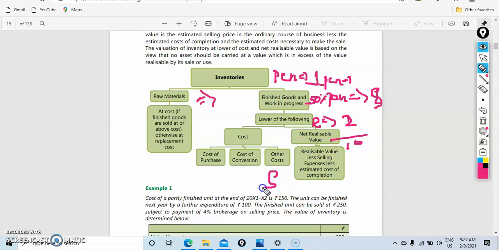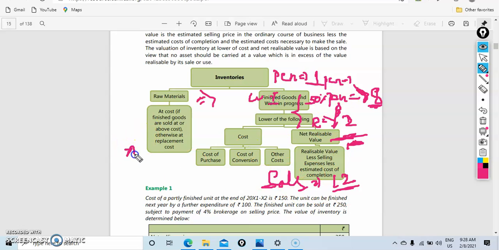Now again, they will give you the sales value of the total pen, not this 50%. The total pen value will be 12 rupees. So the sales value for the total pen is 12 rupees, but here in the cost they will give breakups. So how do we find the net realizable value for this 50% of the pen, because only this much is completed, and we call it work in progress, right? So how do we do this type of problem?